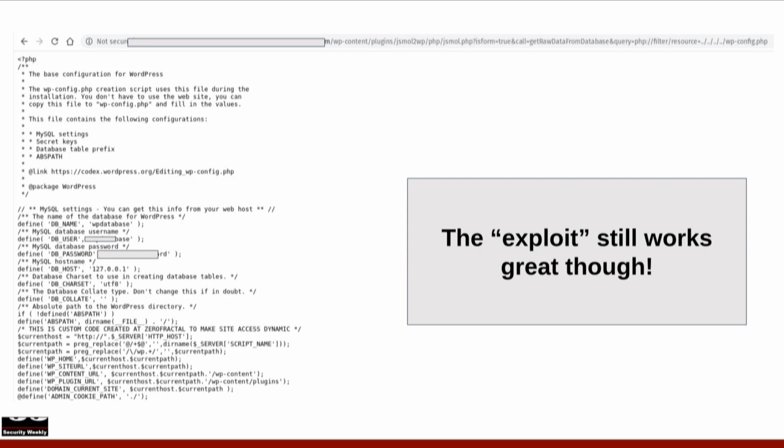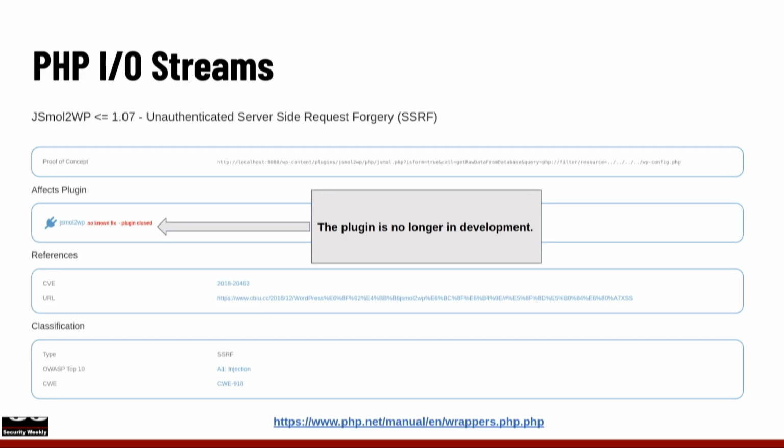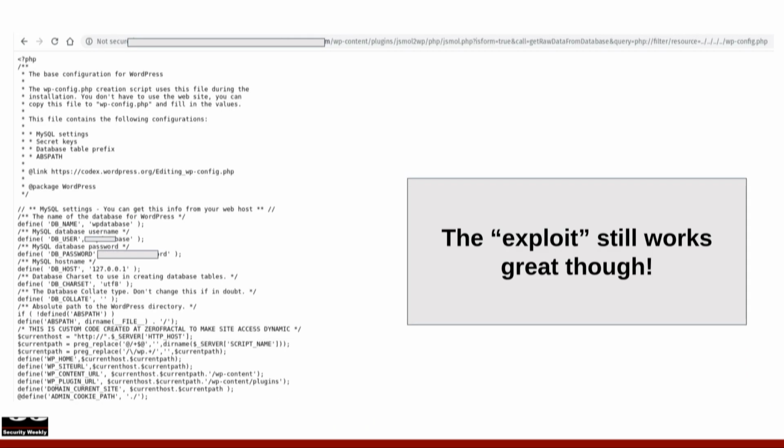So the exploit is actually kind of really lame. You basically just pass it what's at the top there in the URL bar, and you use the PHP internal URL. What do they call that? It's called a PHP wrapper, right? Which is that internal mechanism in PHP to access resources. In this case, a resource is a file. Now, I thought the best file to access through the server-side request forgery vulnerability was your